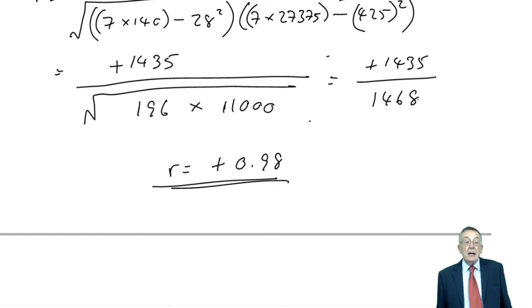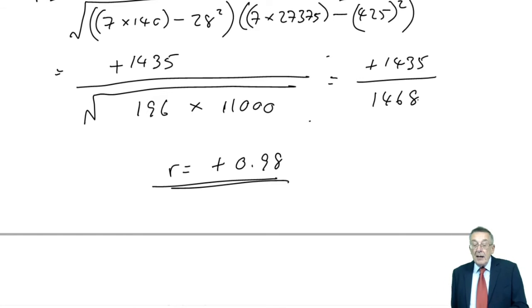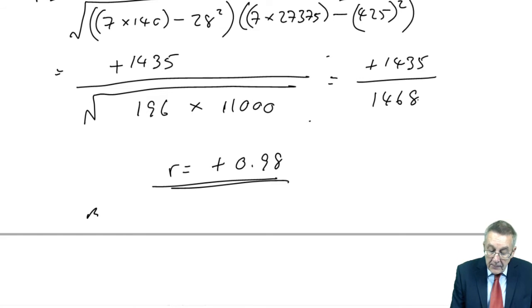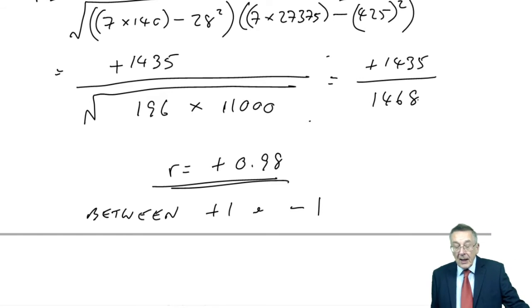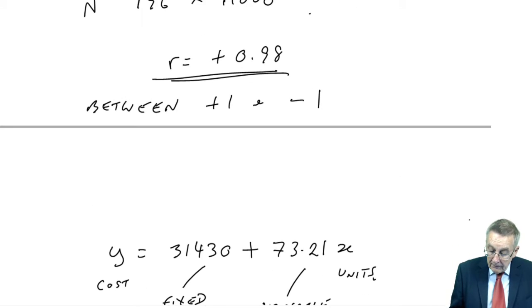Firstly, I can't prove this to you, you have to trust me, but the value for R will always be between +1 and -1. It has to be. It's always between +1 and -1, the way the arithmetic works. Here we've got plus 0.98. It could be plus 0.7, it could be minus 0.2, and so on. And secondly,